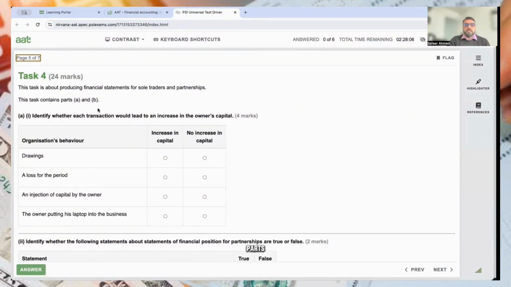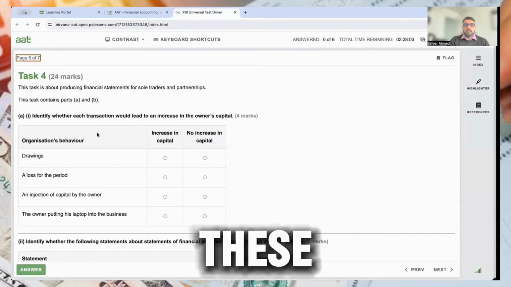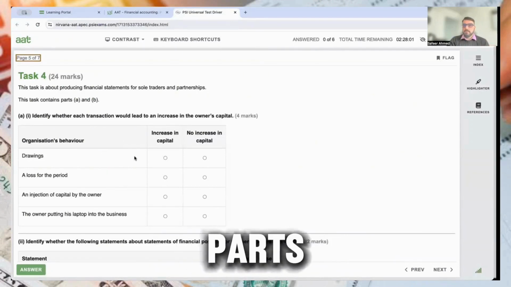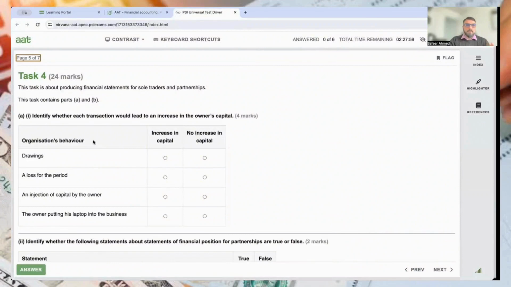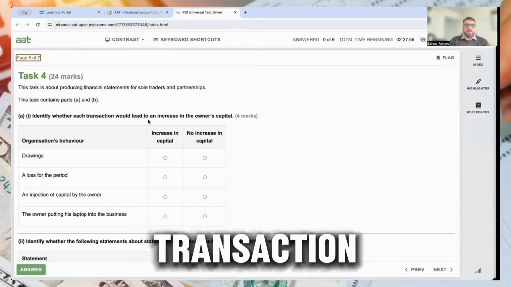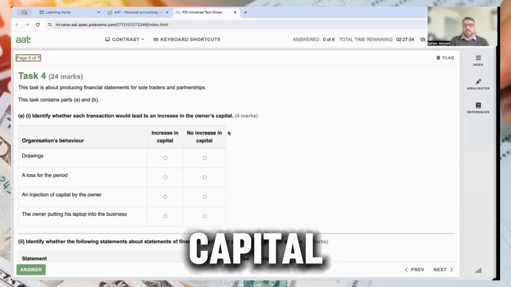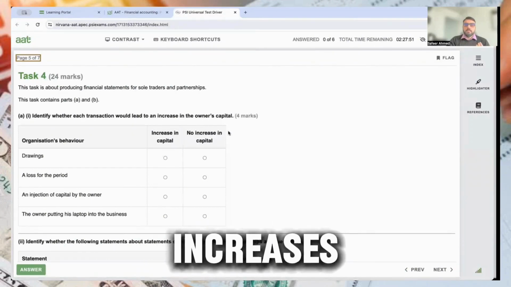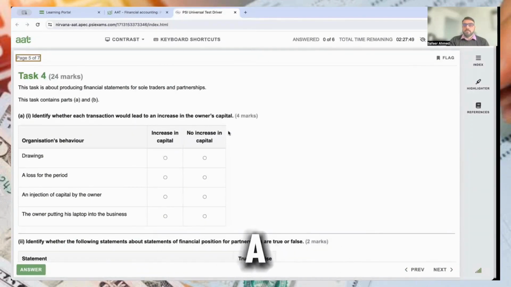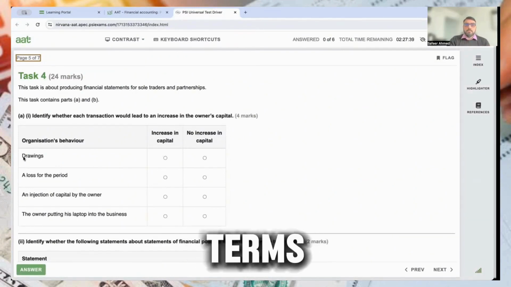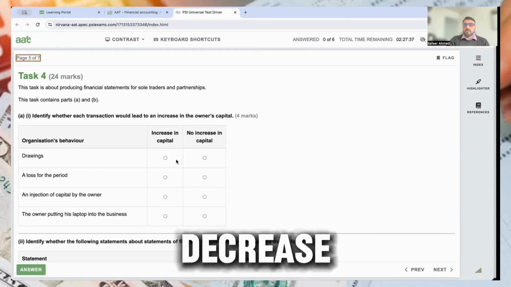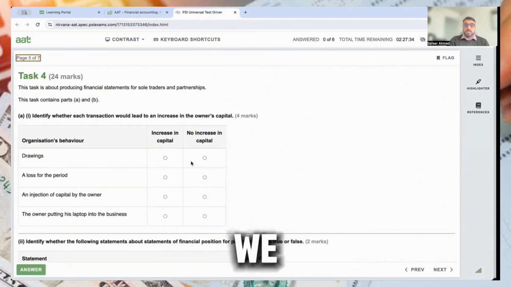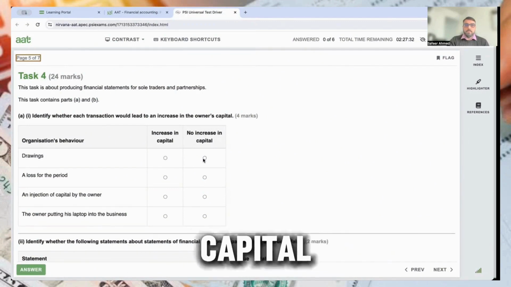Okay, so it has two parts, part A and B, but again, these parts have multiple subparts. So the first one is: identify whether each transaction would lead to an increase in owner's capital. Now we know that what increases owner's capital is a capital injection or a profit for the year. So we add these things to the initial capital. But drawings will decrease the capital rather than increasing it because we deduct it. So there will be no increase in capital